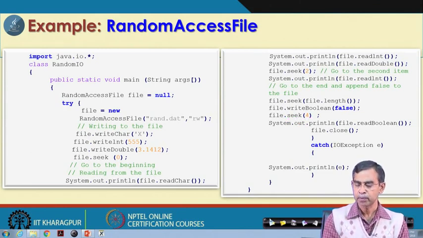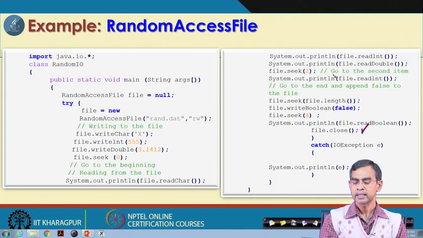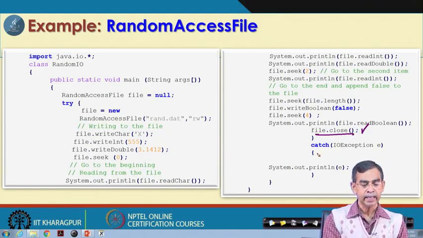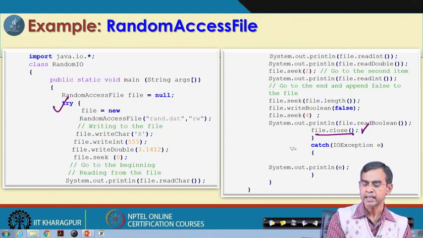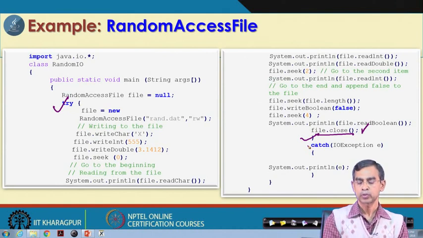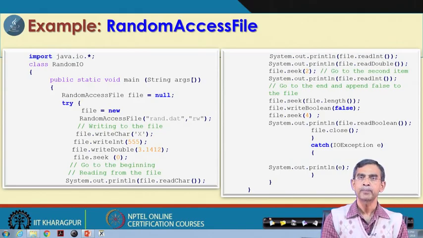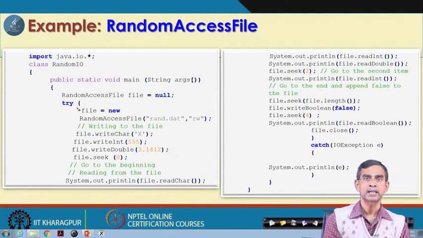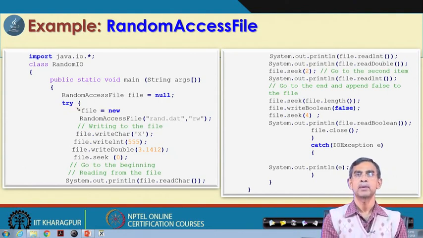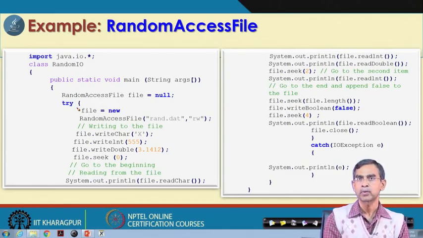Then the usual method is f close, that means once all operations are over, you should close the file. All these things should be put, as we have mentioned here, under the try catch block to catch any exception that occurs while you are opening the file or closing the file, or reading or writing into the file. That is why the try catch block is a must. If you do not put the try catch block, the compiler will report an error, and you will not be able to run the program. This is mandatory.